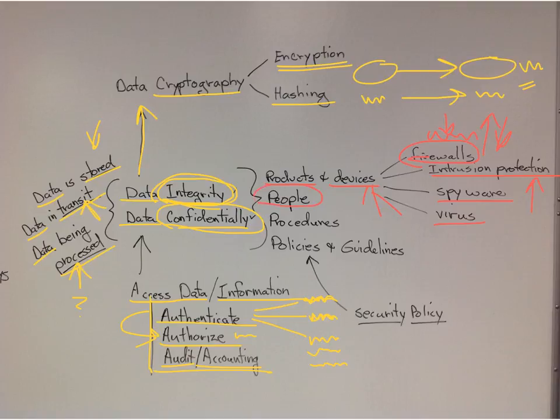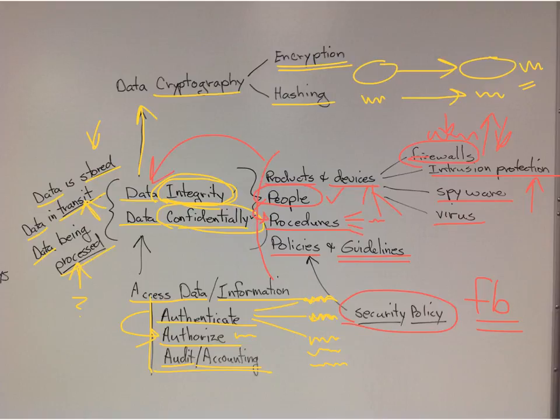Okay, people are key to security. We can have policies that people should follow. We can have guidelines that people follow. Security policies. For example, we talked a little bit about Facebook these last couple days. And then people need to know how to keep their stuff safe. So you have procedures. You follow these procedures. Like how to change your password. You might have a guideline: you'll change your password once a month. And then the procedure shows you how to do that. All these P's you could think of are protecting our data.